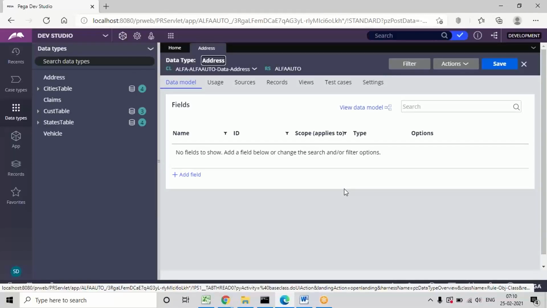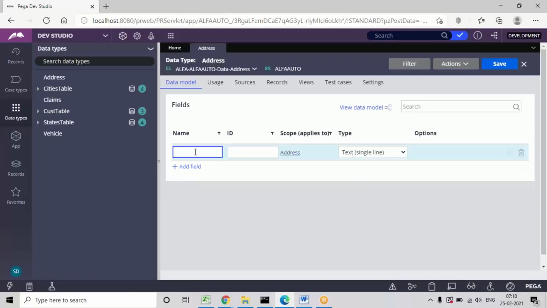Okay, so I'm going to define some fields in this. I'm giving some fields like address line 1, and all the fields I'm taking as text only.